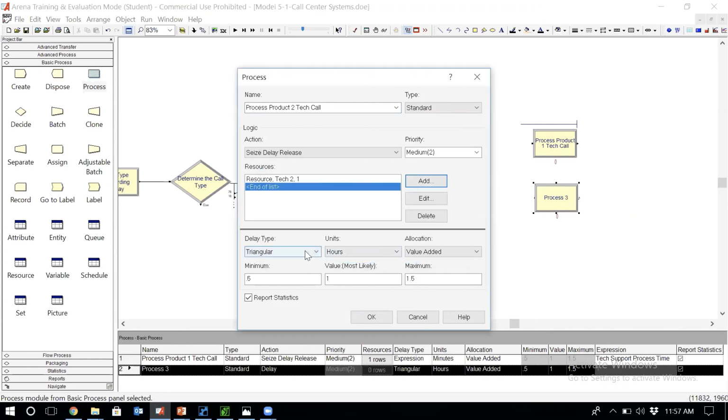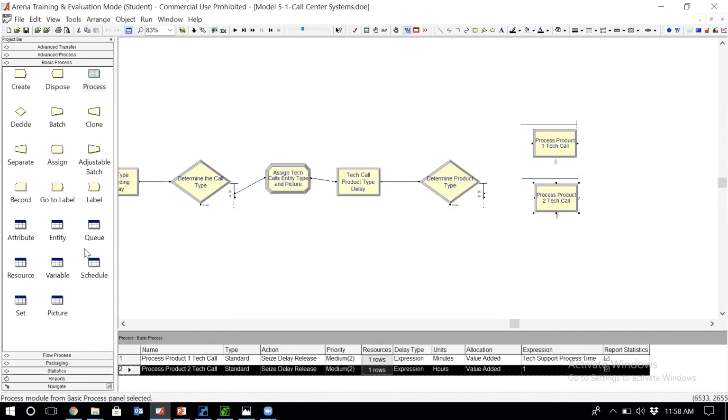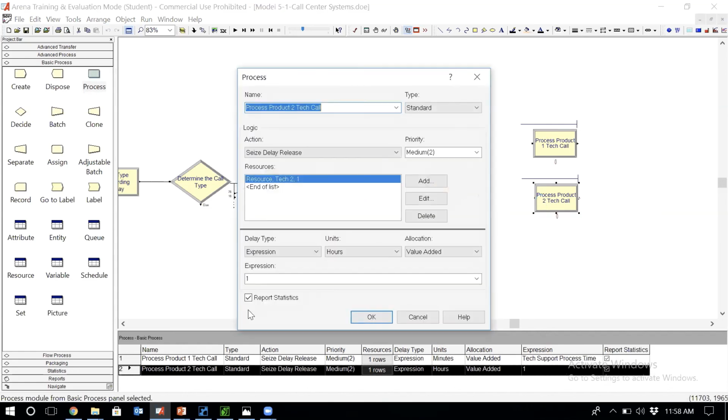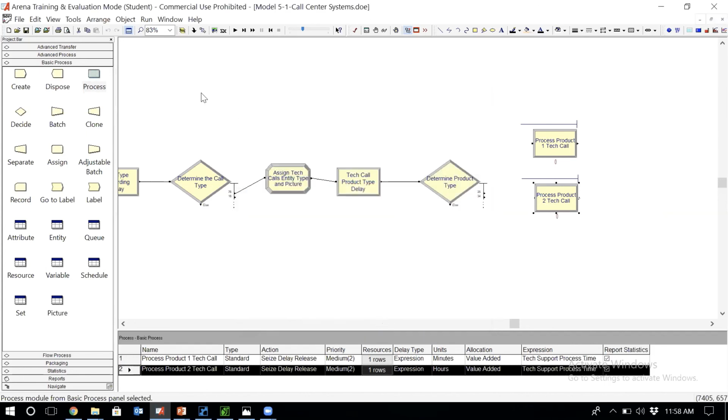And for the delay, for the processing time, instead of just repeating triangular, 6, blah, blah, blah, I'm just going to say expression, and I'm just going to type the name of the expression. Okay, so just put again the name of the expression. So that's fine. And then